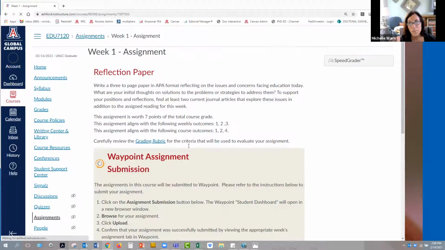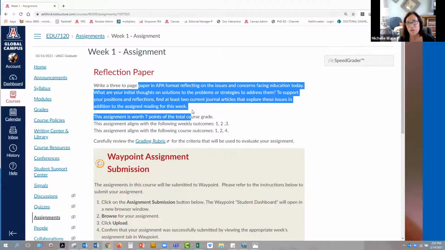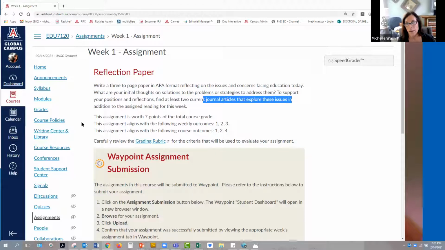Now, we've cut back on the number of pages you have to write in these weekly assignments in this class. They were 5 to 8. We've got it down to 3 to 5 pages. There's a typo here. There's supposed to be a number 5. So 3 to 5 pages, okay? And all you're going to do for this, and it says about the topics, your thoughts on the topics for this course. And you're going to find a couple more articles, okay?